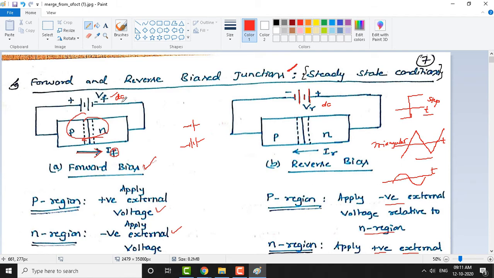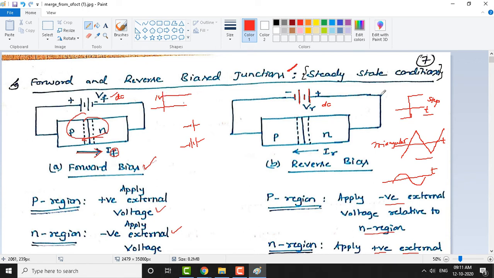Okay, fine. So now we are studying this diode behavior under steady state conditions. Steady state means the voltage here does not change with reference to time. So the DC wave looks somewhat like this. It is a constant wave. It looks like a straight line. So VF, maybe I may apply VF of 1 volt here. This is plus 1 volt. You can also apply negative voltage as well, though here we have shown it as positive.